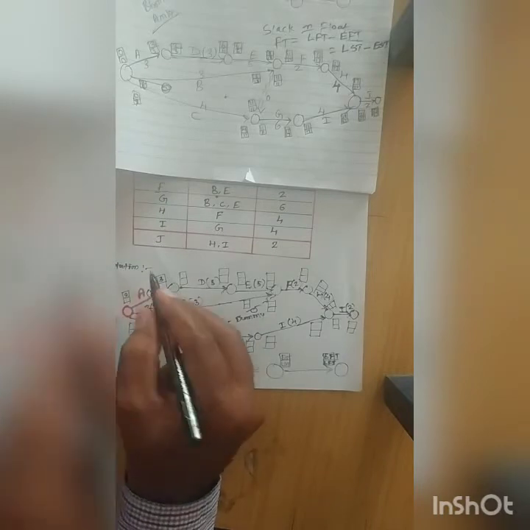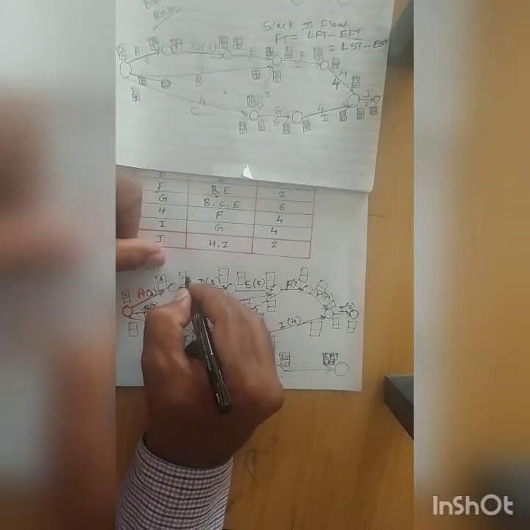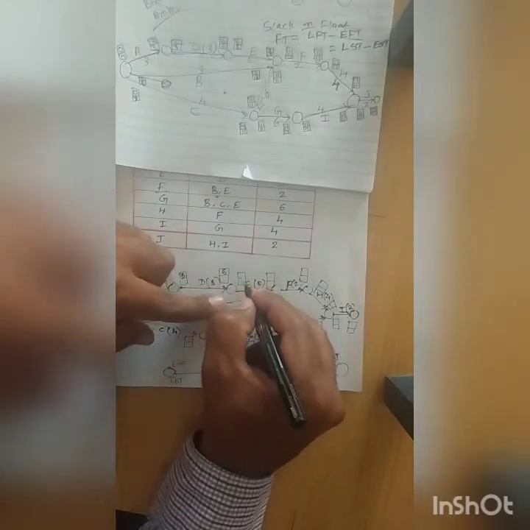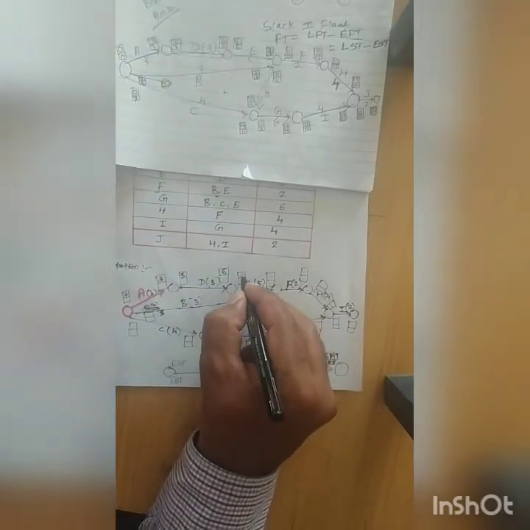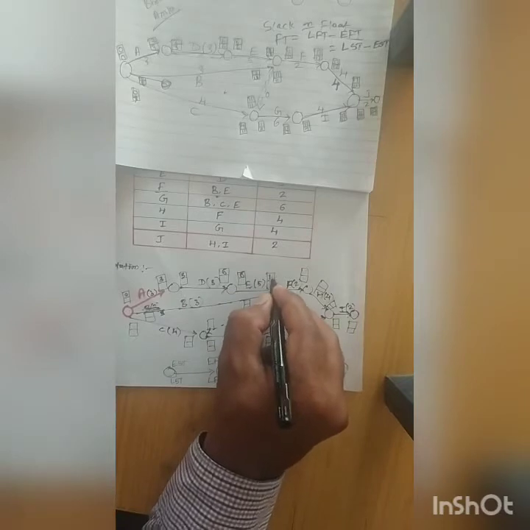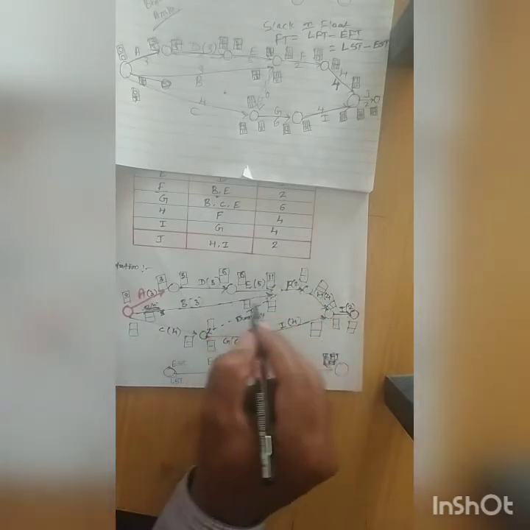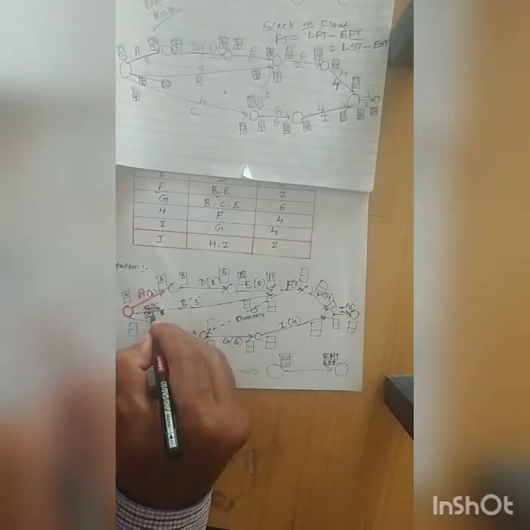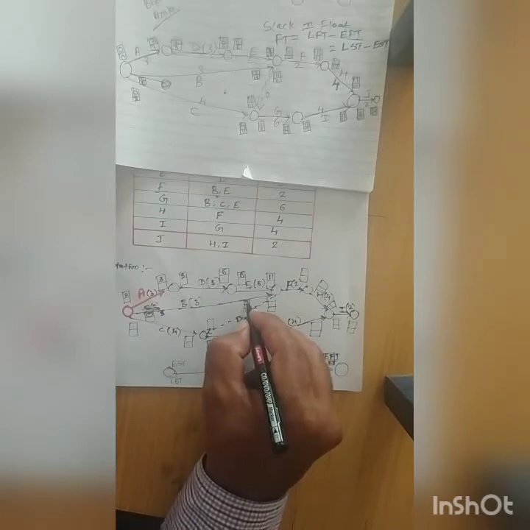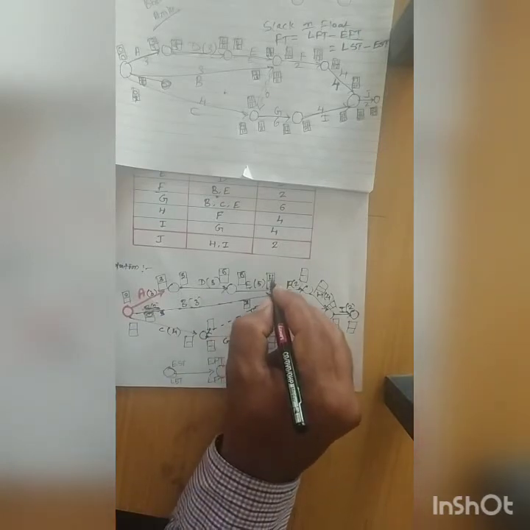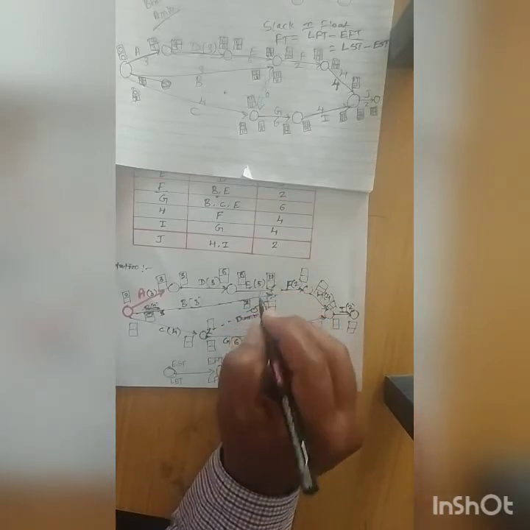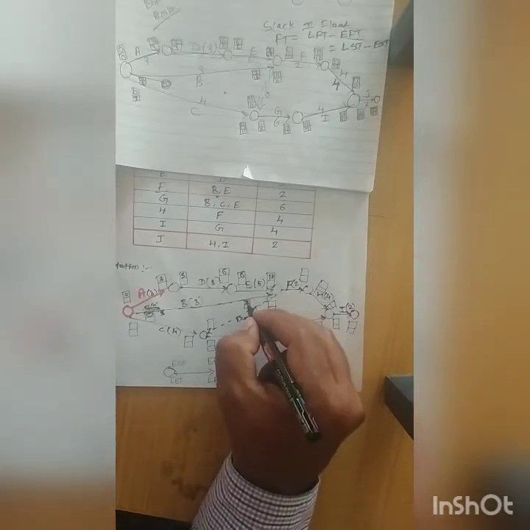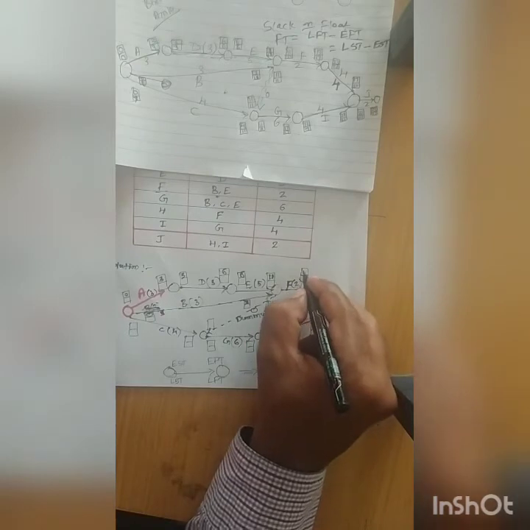Next, after 3 for this activity, it is 6. For the next activity E, the starting time will be 6 and the completion time will be 11. I cannot take this directly, because activity F also depends on B. Activity B's initial time is 0 and its early finish time will be 3. Out of 3 and 11, which is more? In forward pass computation we have to take the maximum. Here it is 3 and here it is 11, so we take 11, the higher value.